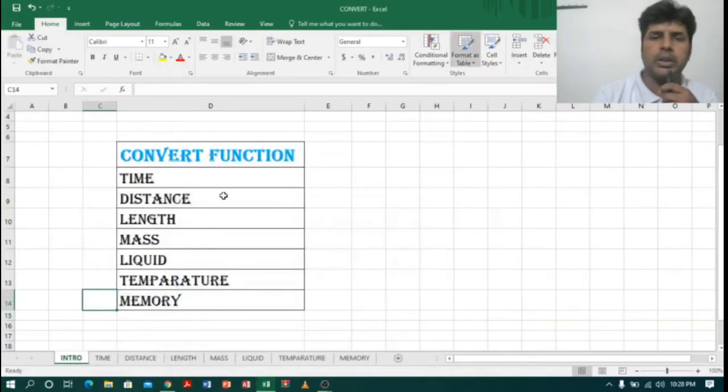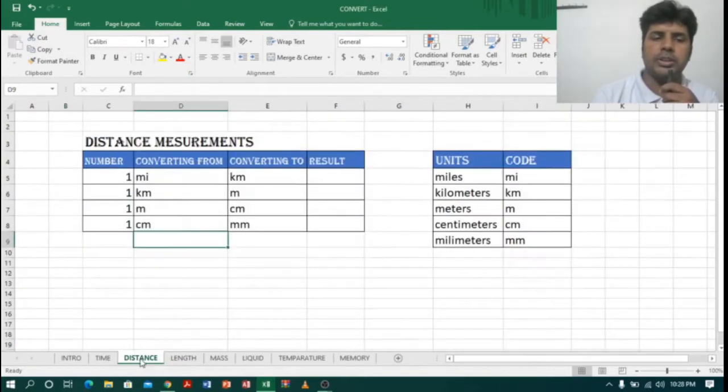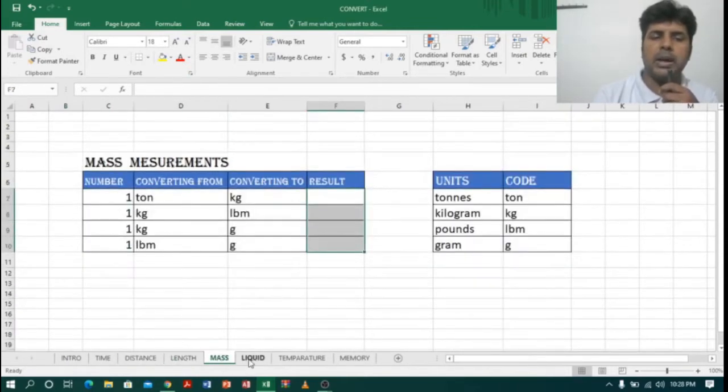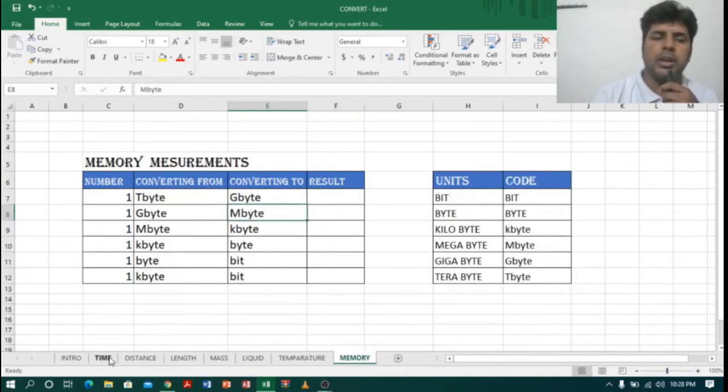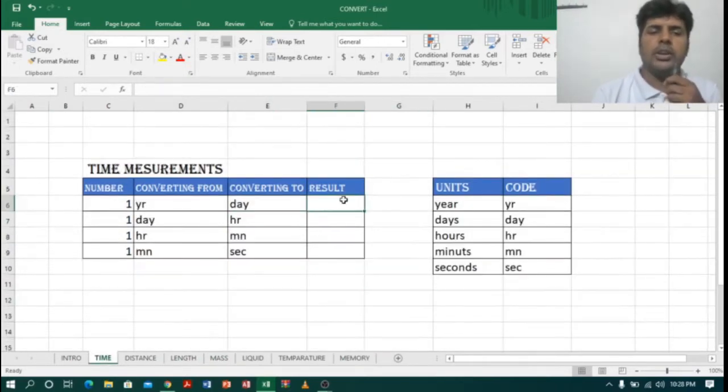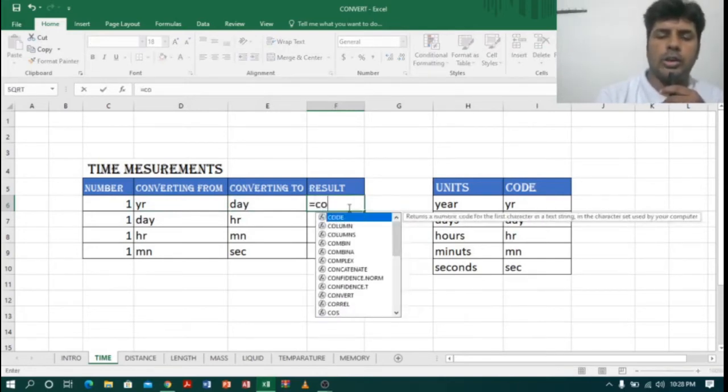Coming to Excel, I maintain separate sheets for time, distance, length, mass, liquid, temperature, and memory measurements. So let us start with the time measurement. Here I want to convert years into days. To do that, I will use a function called CONVERT. So let me type =CONVERT,